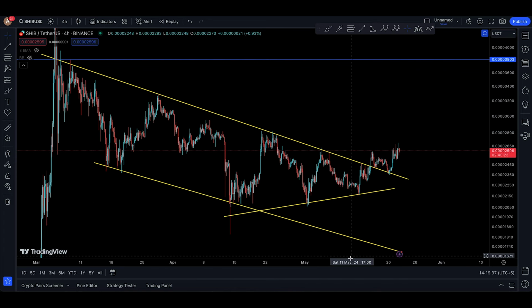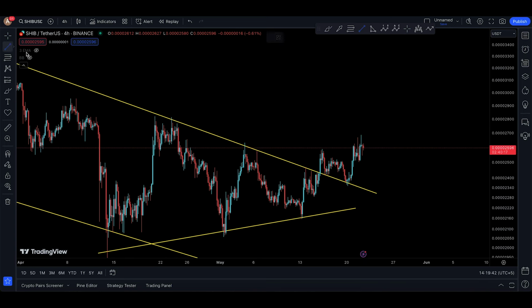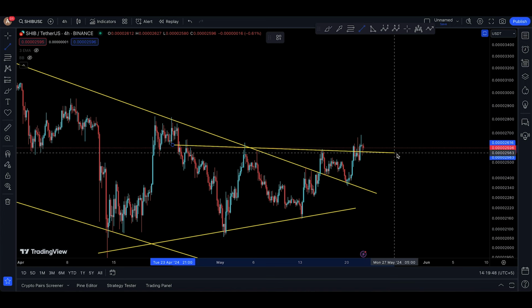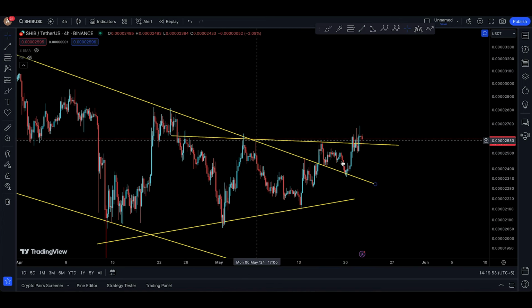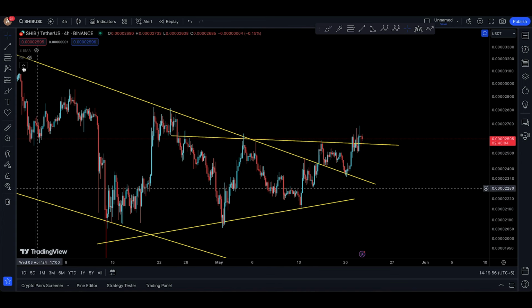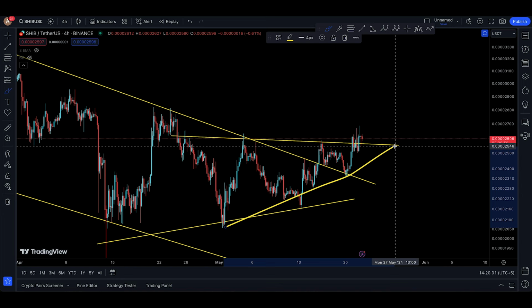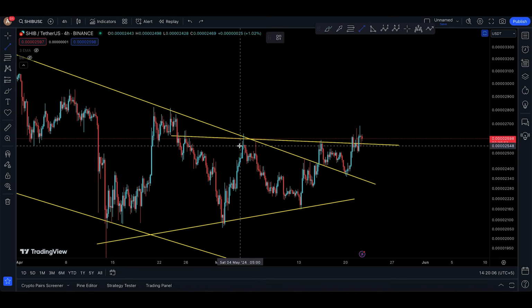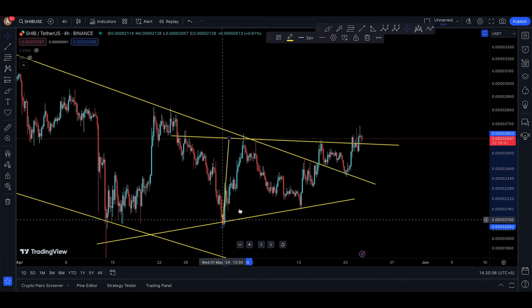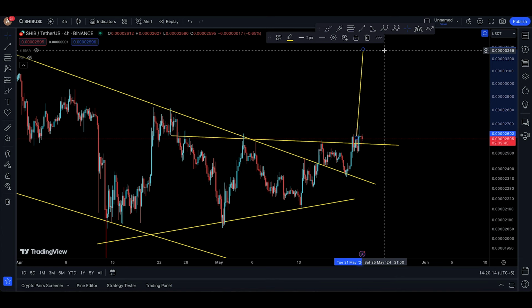And I want to show you what SHIB has recently done, which is so good, so bullish. Okay, and I'm going to expand this a little bit. So if you take the neckline and I draw the neckline right over here, we have SHIB that has already broken about this little bit of a pattern right now. You can call it a double bottom, but it almost looks as if this was an ascending triangle for SHIB over here. Okay, so if we actually treat this little bit of thing as an ascending triangle right there, then we have SHIB that may move from top to bottom, and you could be looking at a technical target that is coming up all the way to